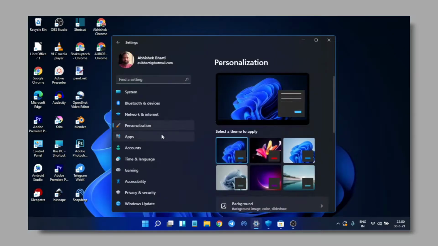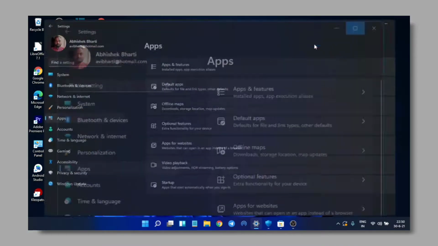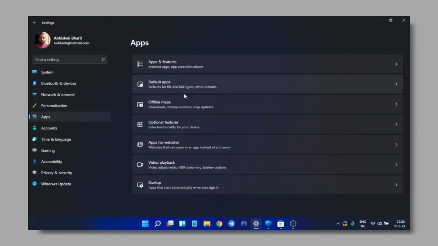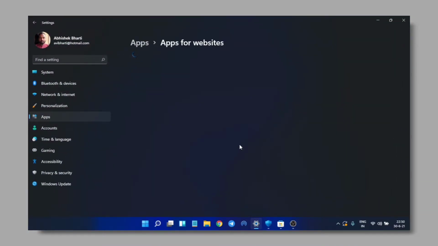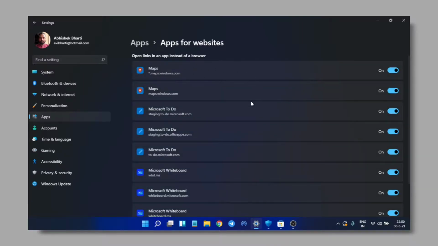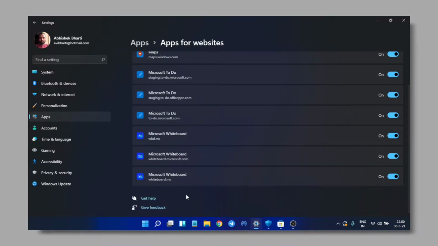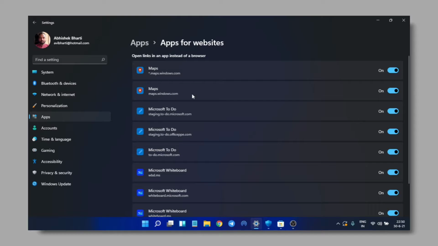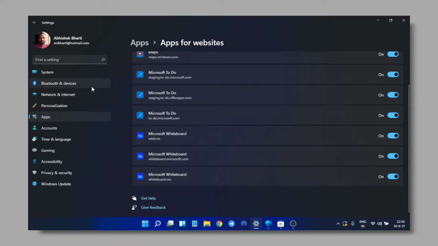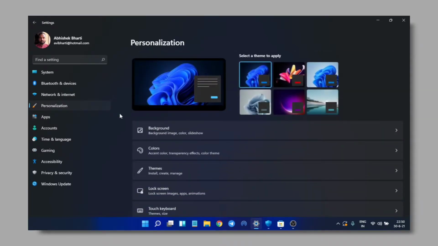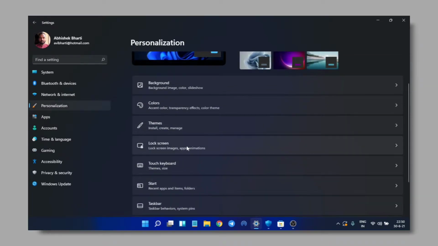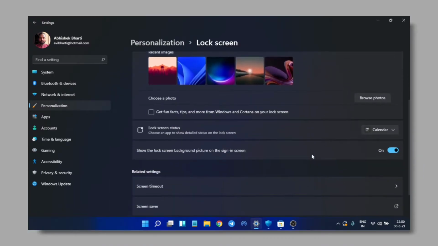Okay, so now if you go to apps, let me get it to full screen. We have default app for websites. Okay, so you can choose which will open what. It's a kind of a default link for what you want the default app for these links to be. Okay, I already showed you personalization. Let me see if something I missed out. Okay, we have lock screen settings now. It was before as well, but here I have seen something new.